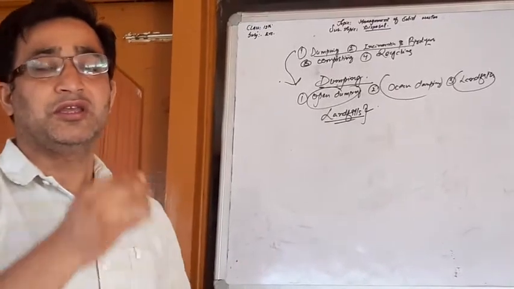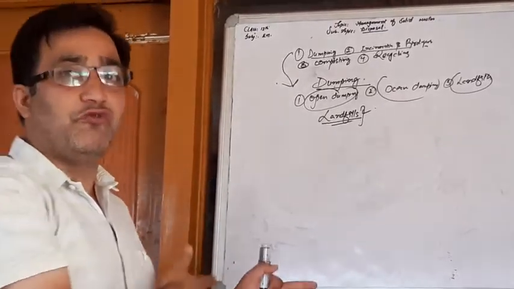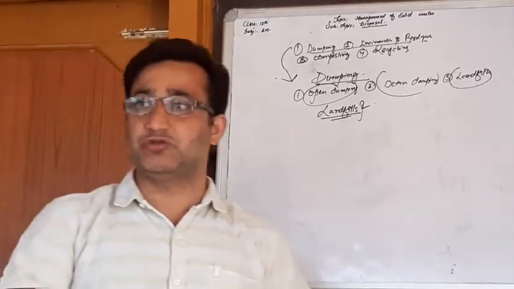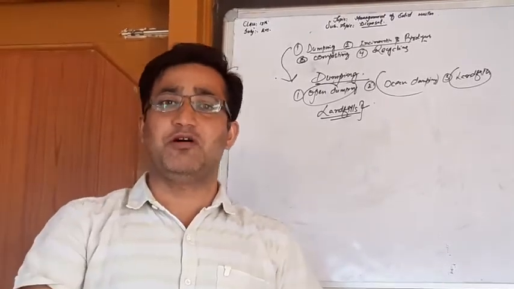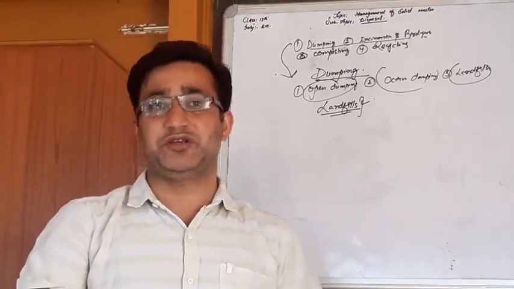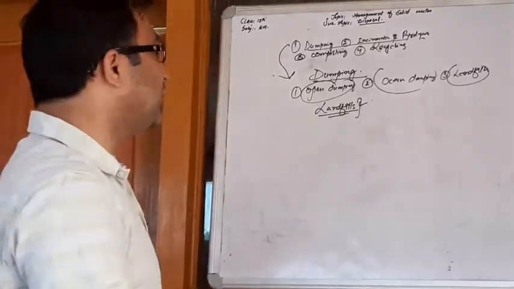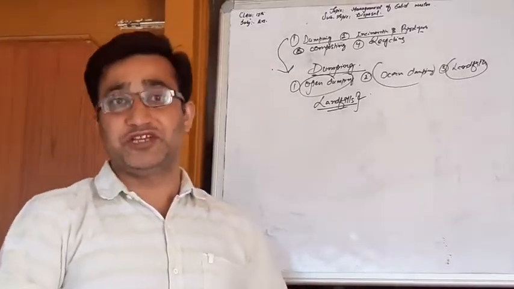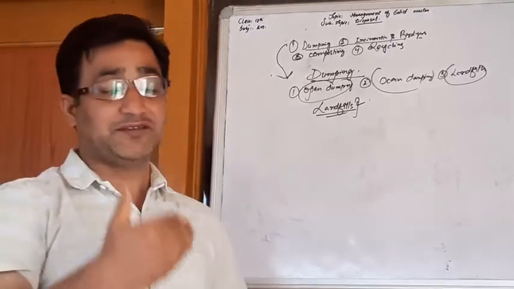So this is how these landfills are also used for dumping purposes. These are the three ways by which we can dump these solid wastes. One is known as open dumping, then there is ocean dumping, and apart from that, landfill. So the second method by which the disposal of the solid waste is carried out, as I have already